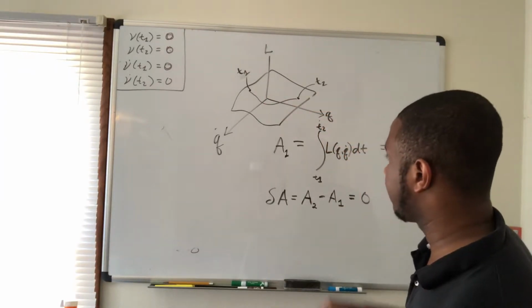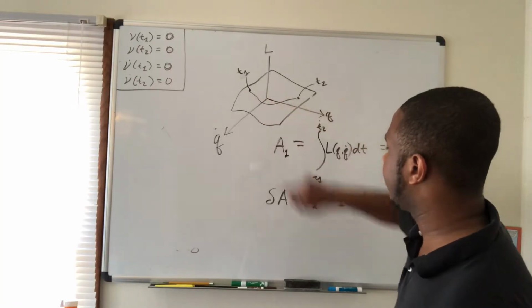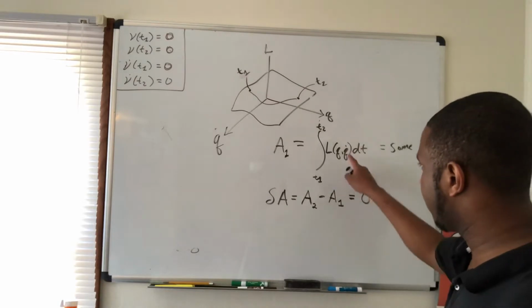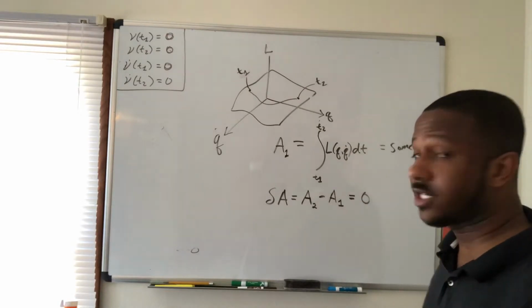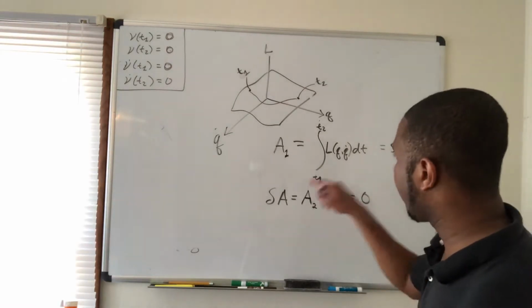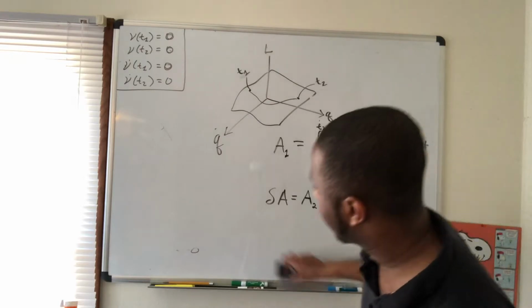Could be any small change to this function, and that small change should be equal to 0 if we've chosen this as our stationary function. Okay, so we have A1 there. Now how do we get A2? Well, let's see. A2,